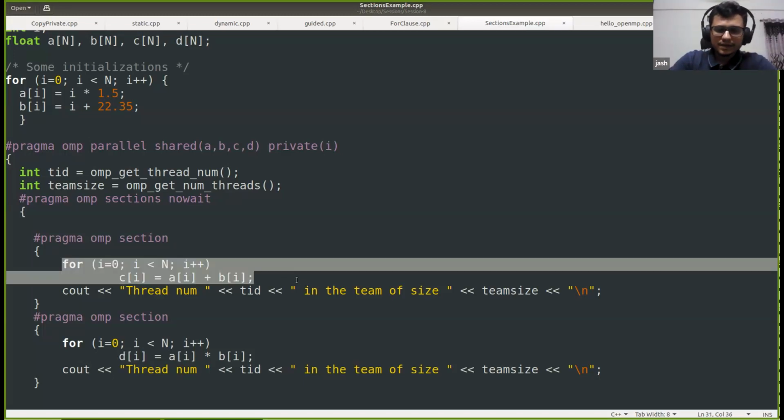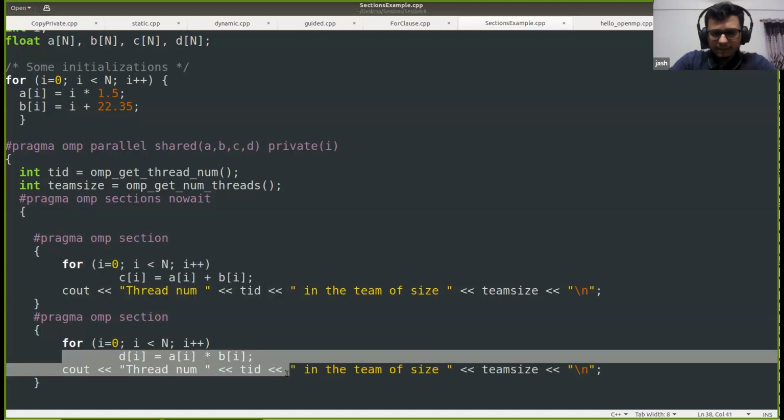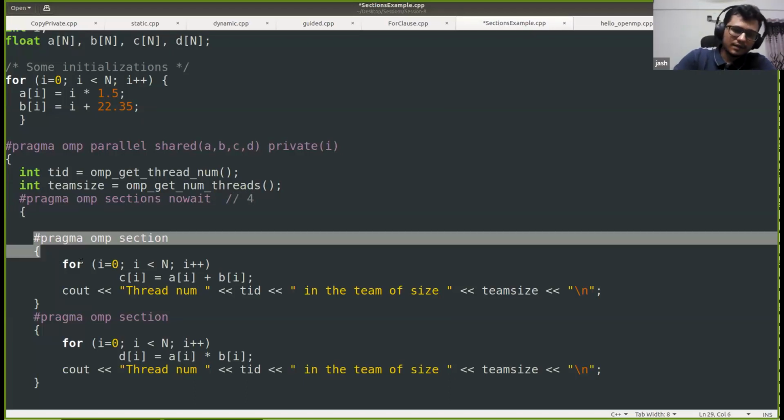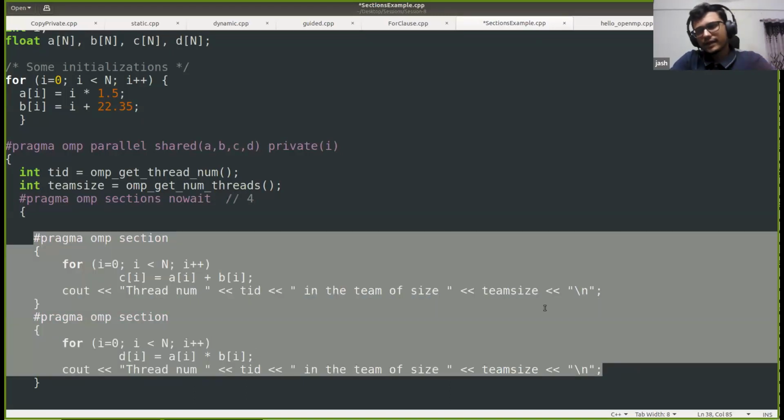The first section does the addition, the second section does the multiplication. Since I have not specified the number of threads here, this will by default be 4 threads, and we have 2 sections. So 2 threads will pick up the 2 sections, and 2 threads will be idle in this case.